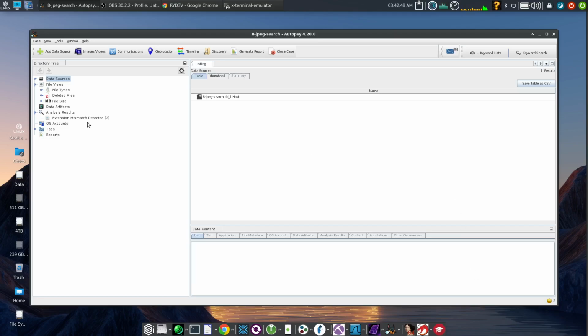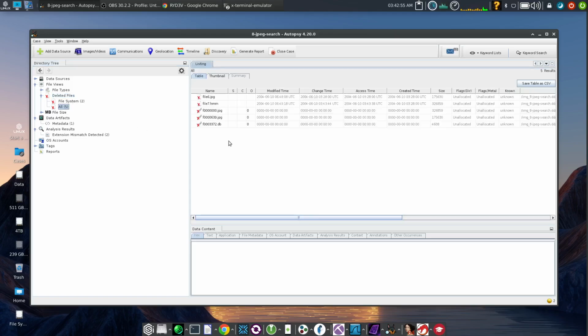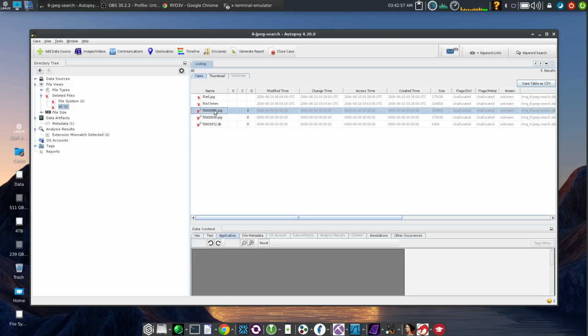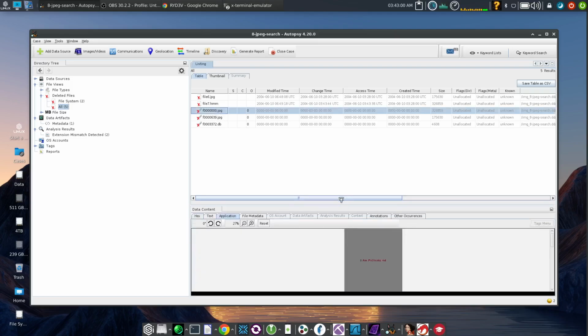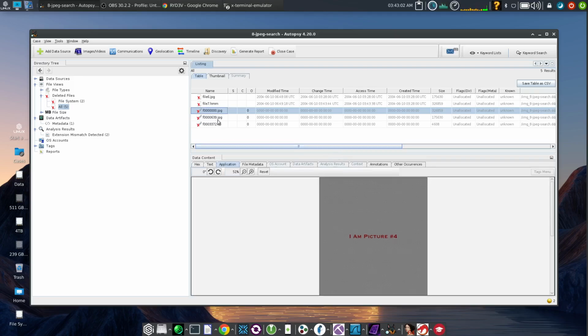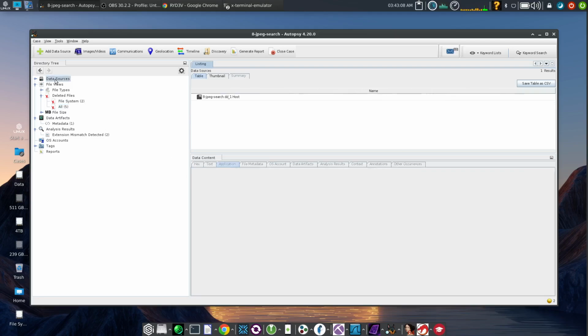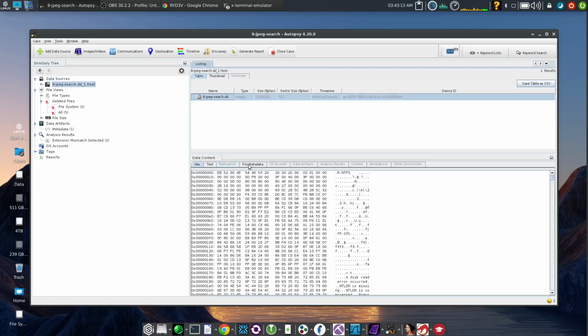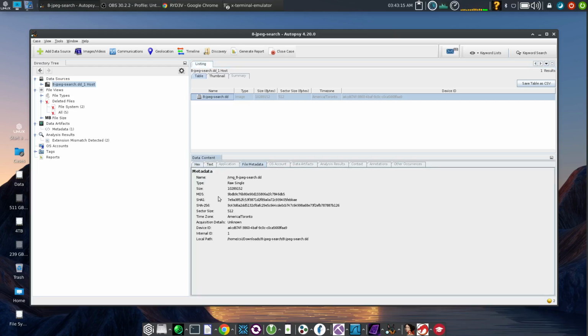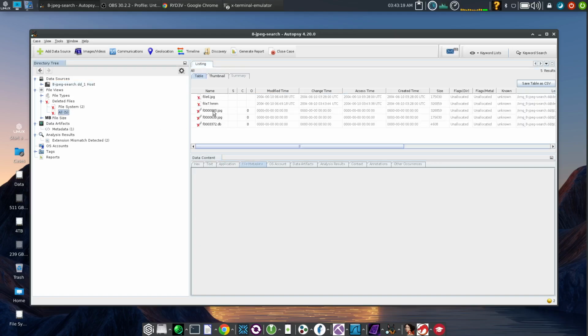I think it's done. So we're looking for deleted files. We're going to say all, and you could see here that we found this first image here, right? And this other image here. This is just for example, okay? And for the hashes, if you select this one here, the file metadata, you can see the hashes are here, okay? And same thing for this one, it should show